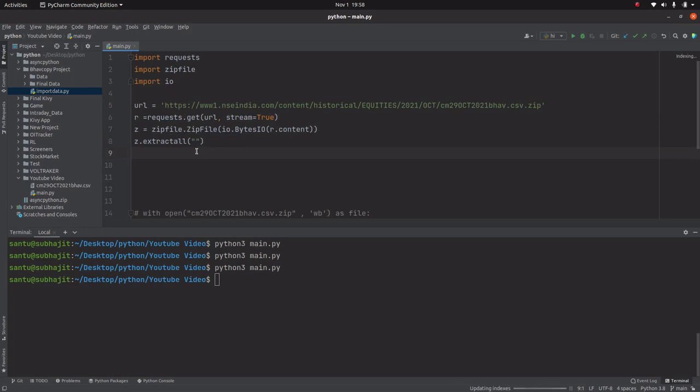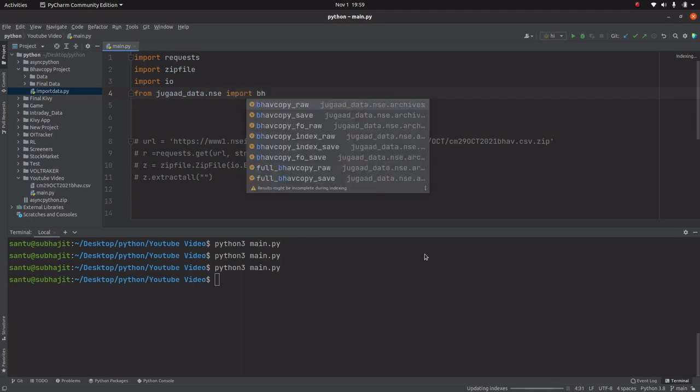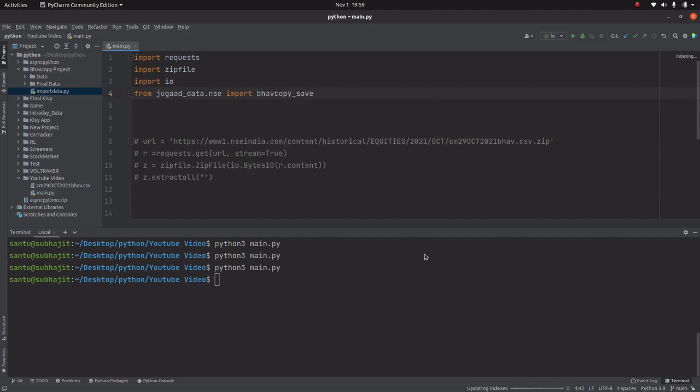Now this was the second method, and we will see the third method by using a module that is called Jugaad Data. Now from jugaad_data.nse we will import bhavcopy_save.